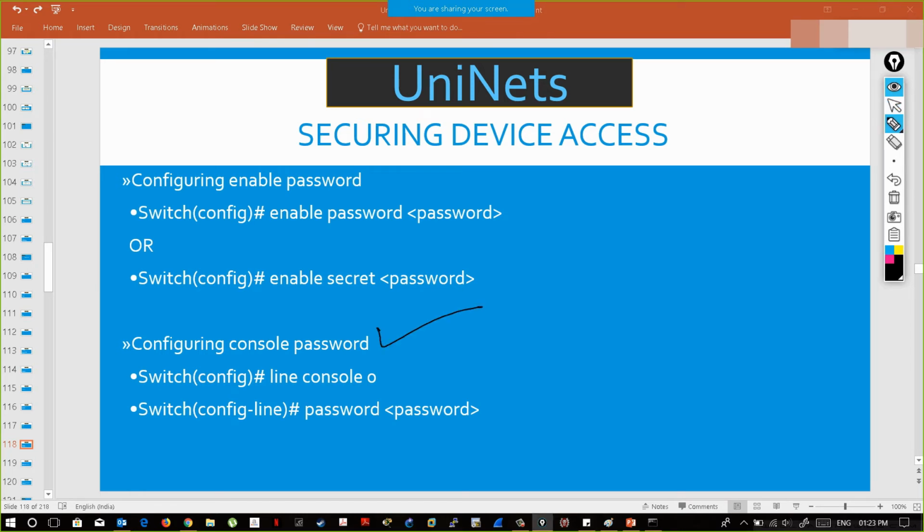Yeah, console. I told you in order to take console, you need to plug in the console port, right? If you want to enable some password to the console, so that anyone taking the console access of your device must be a genuine person,